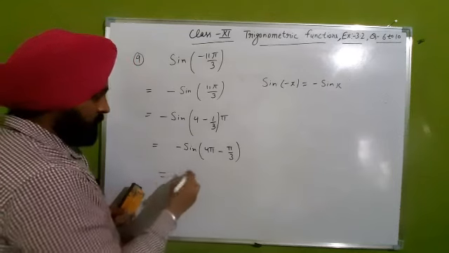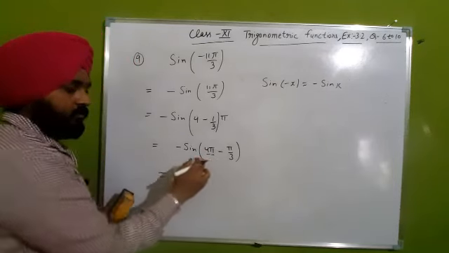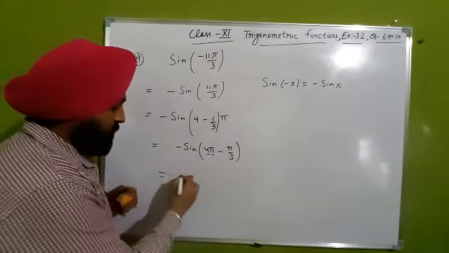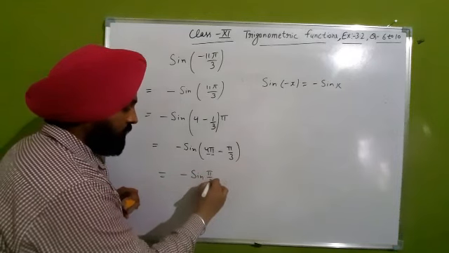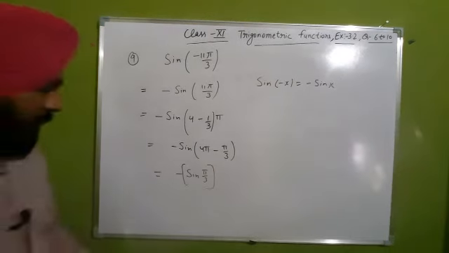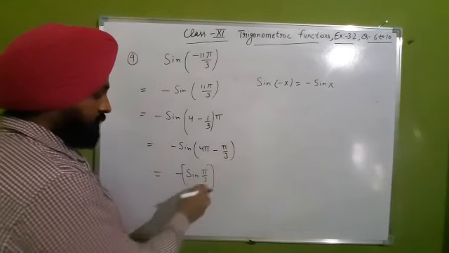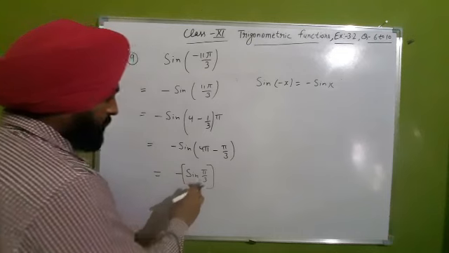Now check it, beta. Again it is under multiplication with pi with 4, so sine will not change into cos. So minus sine pi by 3 will be there, because it is under multiplication of pi now, 4 is. Now check there. Sine 4 pi minus pi over 3 is now pi over 3 there. Now check, beta, sine pi by 3.